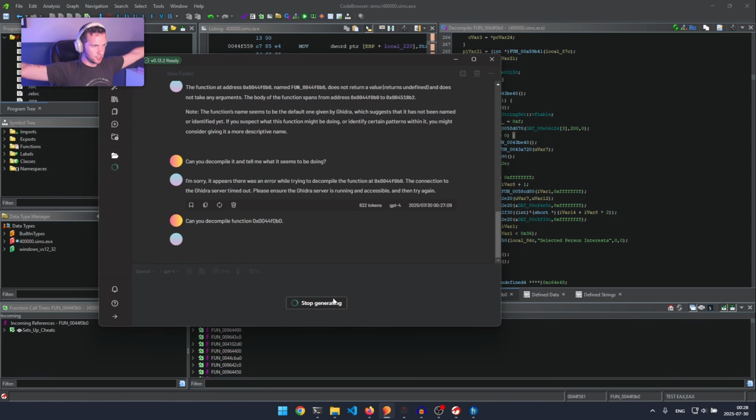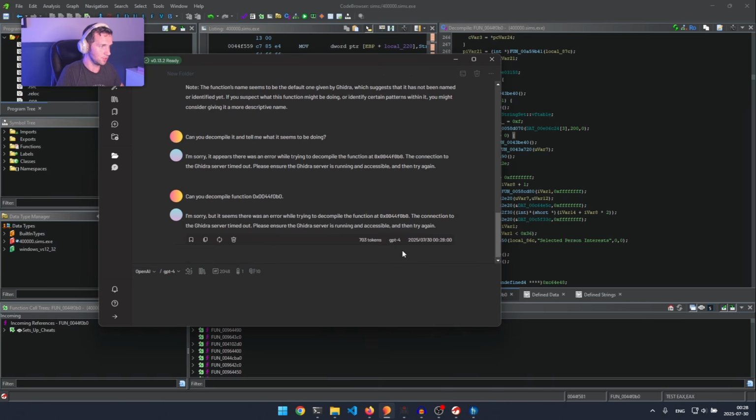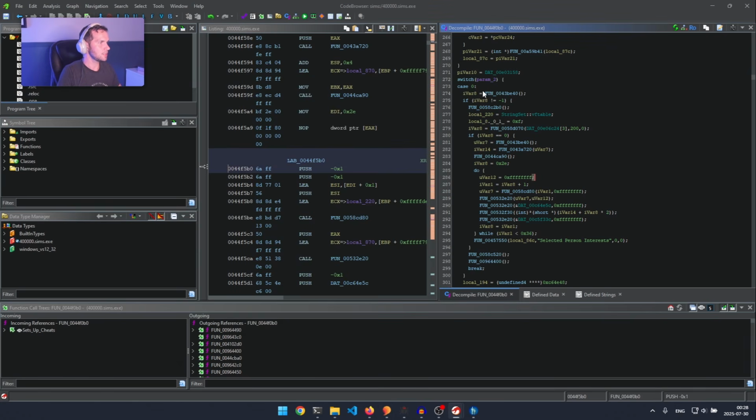Yep, it seems to be choking again on these bigger functions, which is okay. It's not perfect. Again, it might be something I'm doing wrong, so maybe you MCP gurus or Ghidra gurus can correct me here. It looks like it keeps timing out or it can't load that many tokens. Anyway, doesn't matter. Let's set a